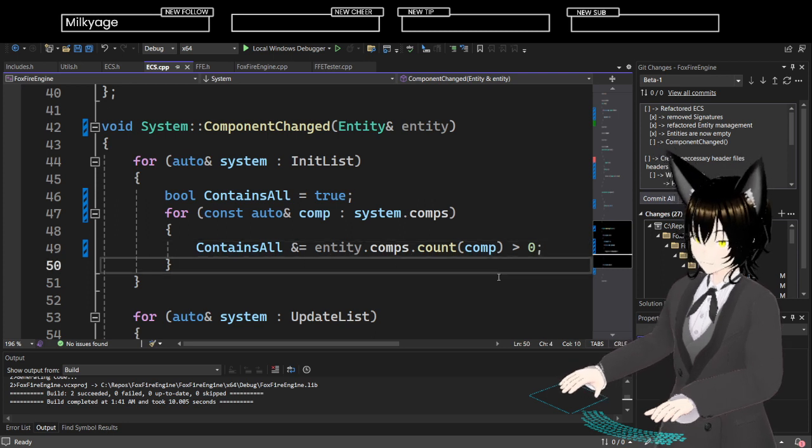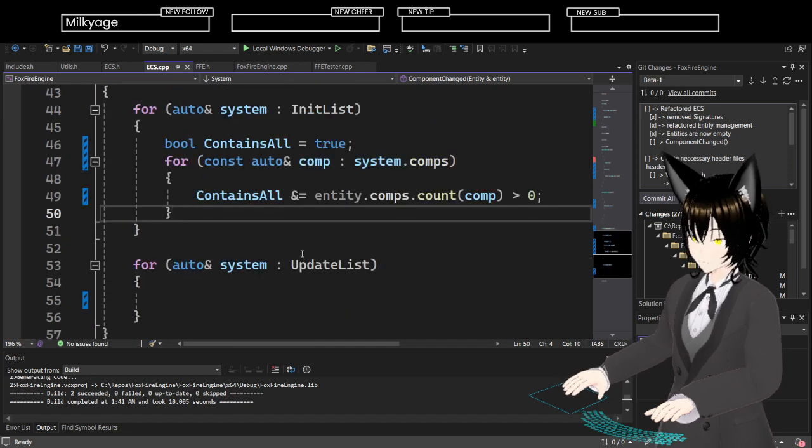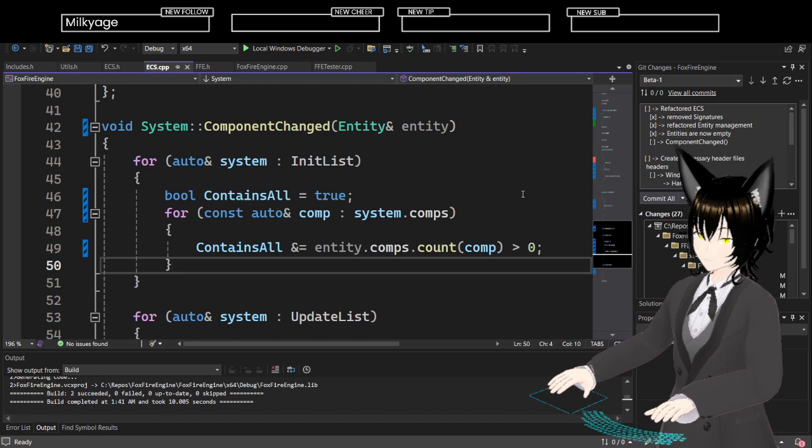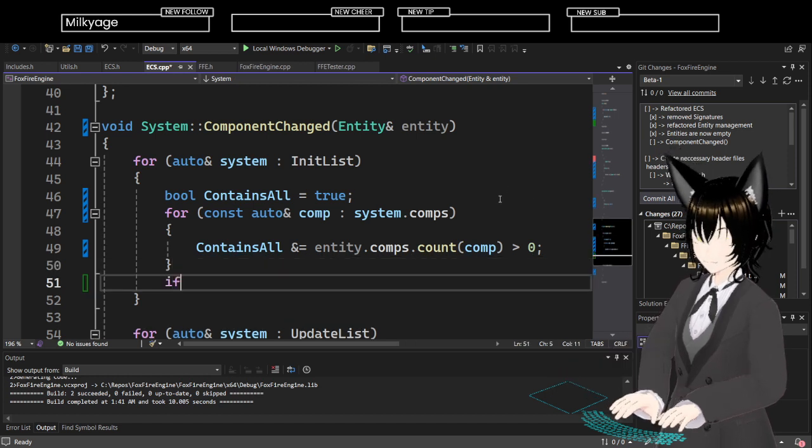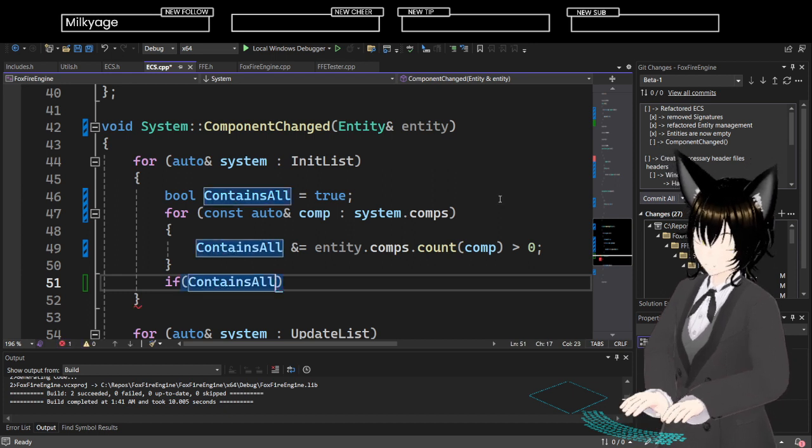Yeah, and there's a lot that is there, so... Bool contains all equals true, and then... if contains all...